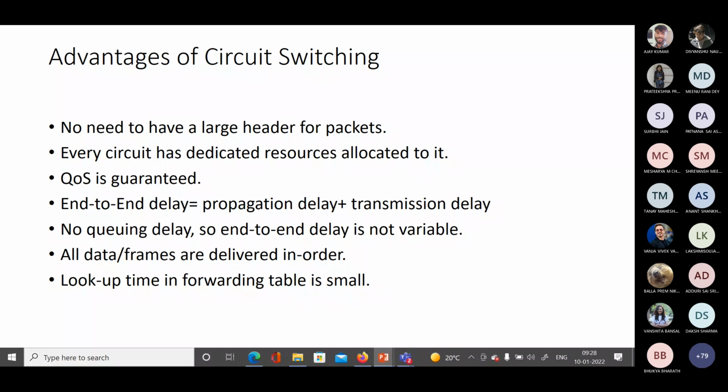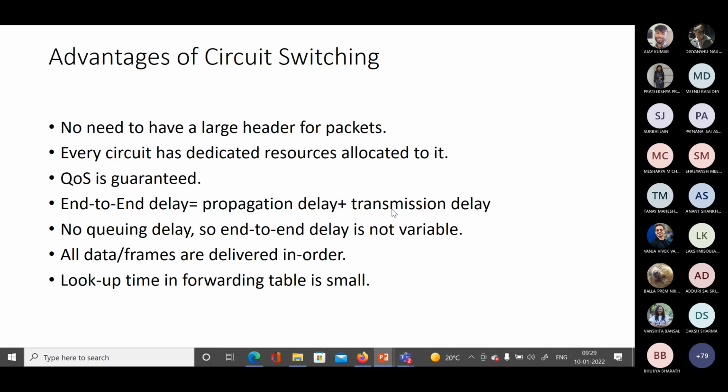So if your queuing delay is 0 in this case, and your transmission delay and propagation delay are constant. If you are considering that packet size is not variable, propagation delay is anyways going to be d by s.